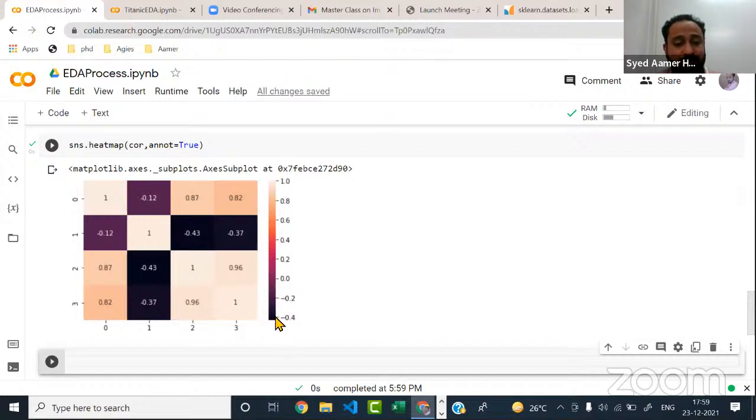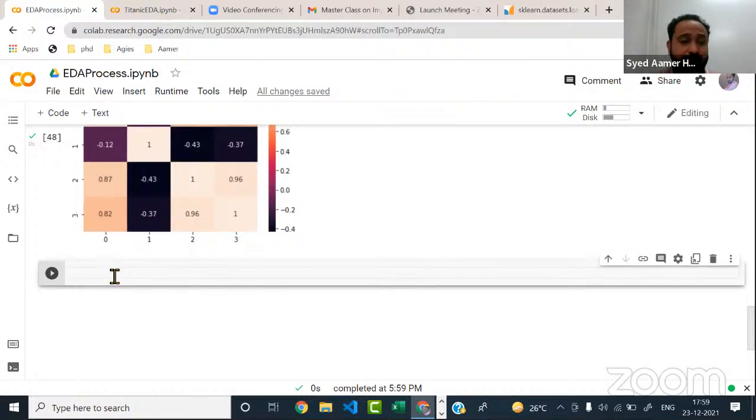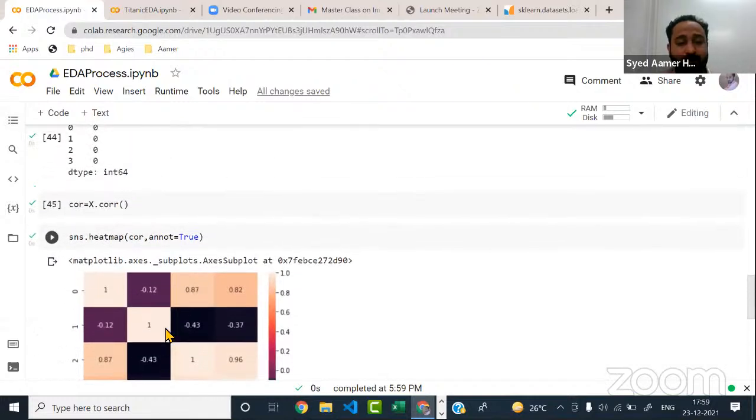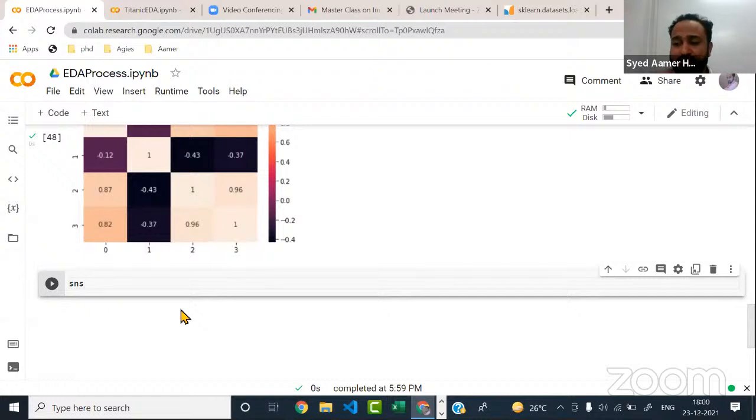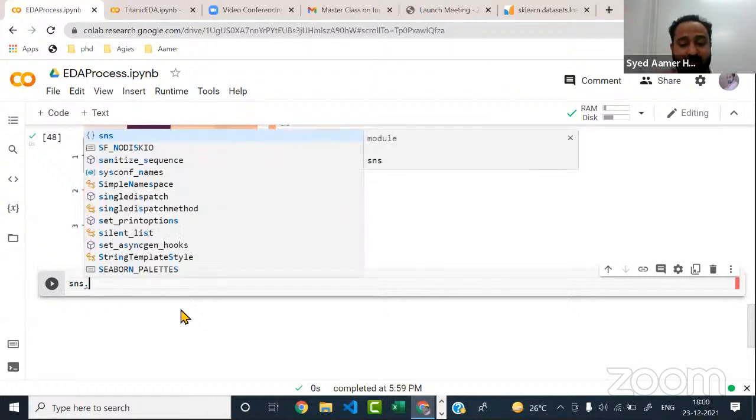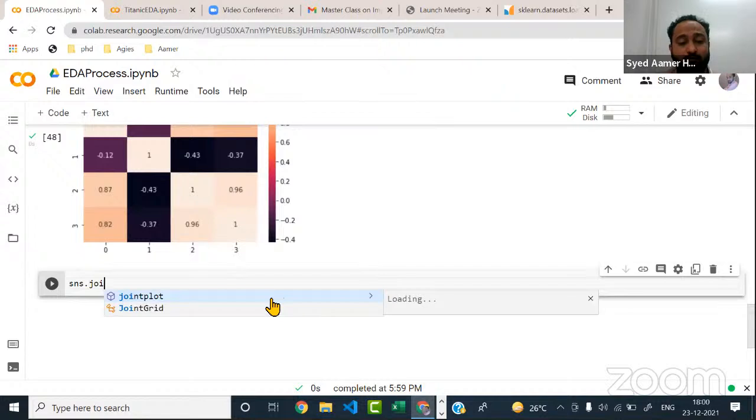If they are very less correlated, you can say we are getting the value to be 0. The very dark ones, I can simply say that columns 0 and 3 are very highly correlated. You got 0.82, you got 0.87. So from seeing this, you will decide which columns to keep and which columns to delete. And this again comes under the EDA process. I hope you got it. Now, apart from that, there are many things available with sns, so I'll show you that as well. I hope you got the meaning of heat map, right? So we'll be using heat map for correlation purposes, and there you will see all the correlation values.